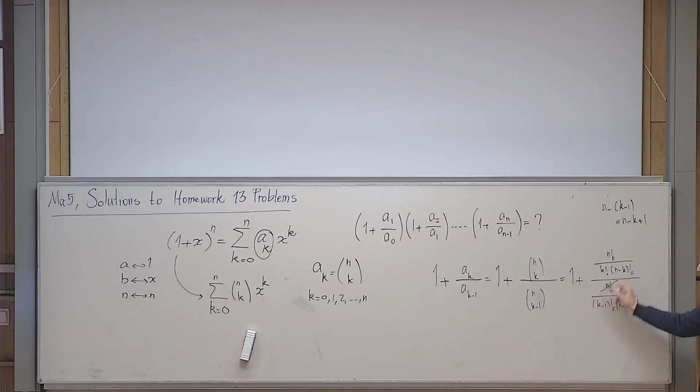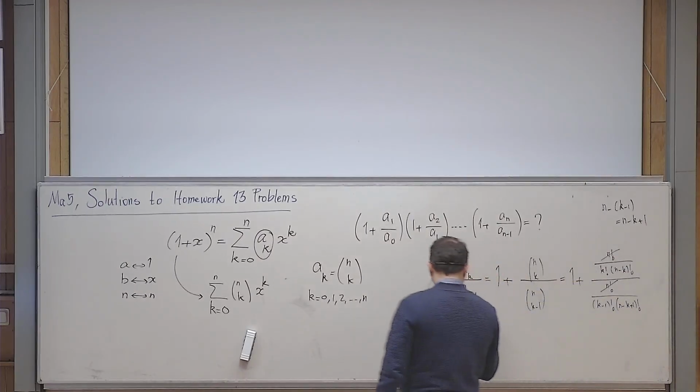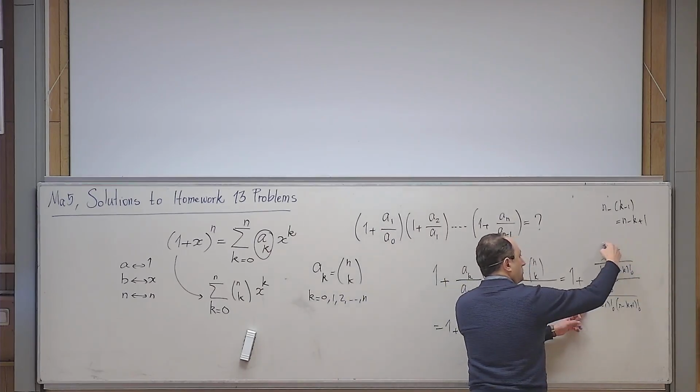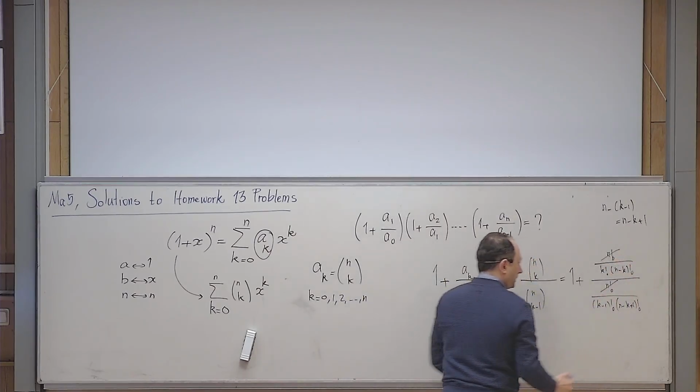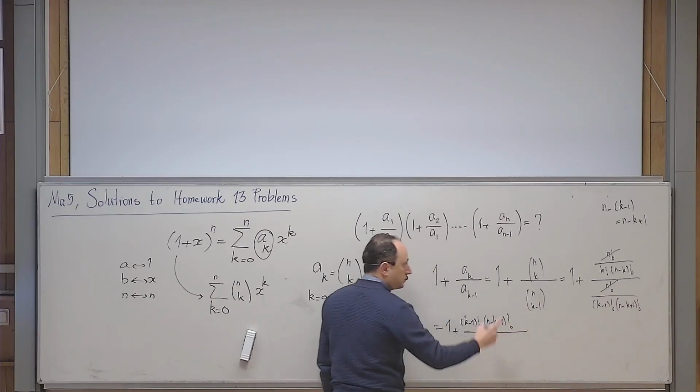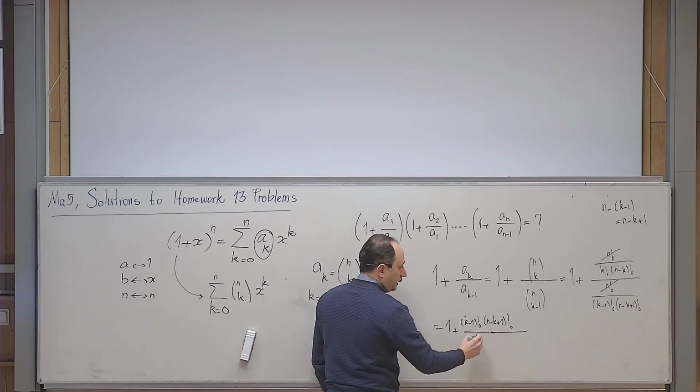And then this one and that one are gone. Okay, let me not be in a hurry. So I will write 1 plus, this will go to the numerator, this will go to the denominator. So this becomes (k minus 1) factorial multiplied by (n minus k plus 1) factorial and divided by k factorial